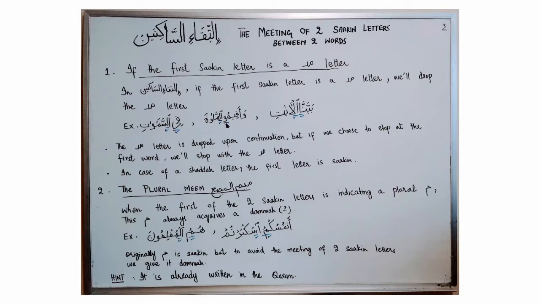In this case, waw is in a mad condition because waw is sakin and before waw there is dhamma. If I want to join these two words, I will say وَأَقِيمُوا الصَّلَاةَ, with the waw shortened. I will not stretch it two counts. And in this case, I will say بَيَّنَّا الْآيَاتِ. Although alif is in a mad condition, alif is sakin, and before alif there is a fatha, I will not stretch it two counts.